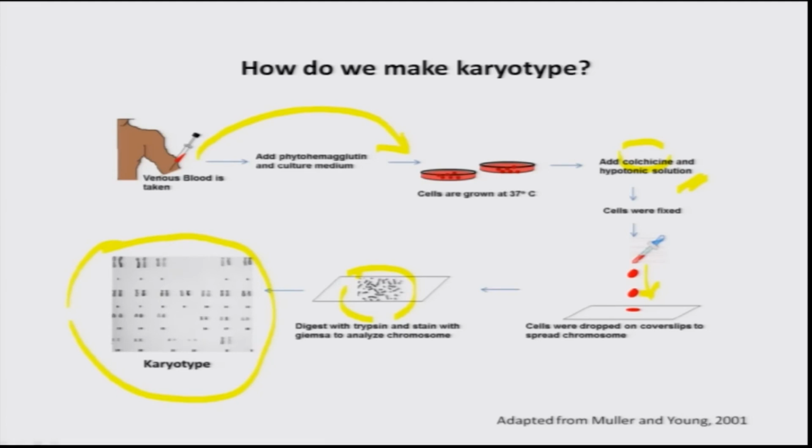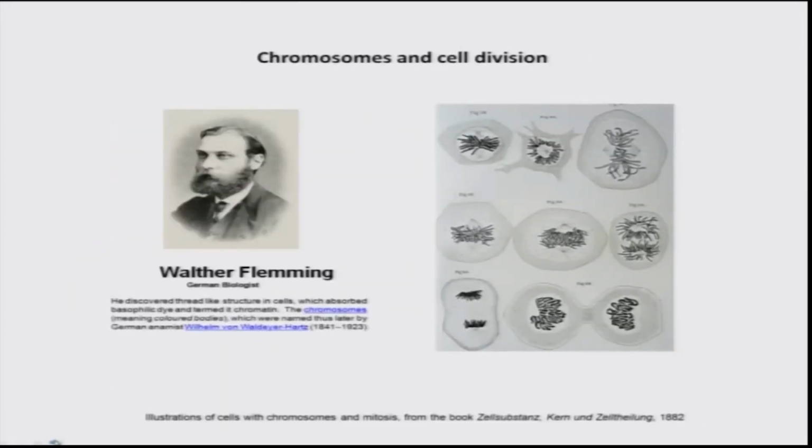So, this really helped us in the 50s to understand that the two different sexes of Homo sapiens, male and female, are determined by the X and Y chromosomes. That is why they are called sex chromosomes. But the chromosomes and their dynamics during cell division were understood much before